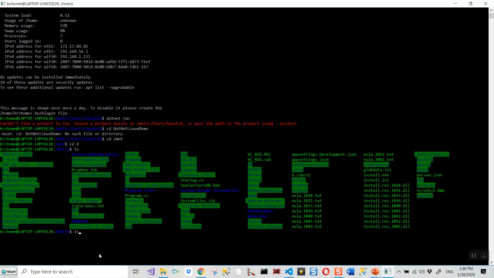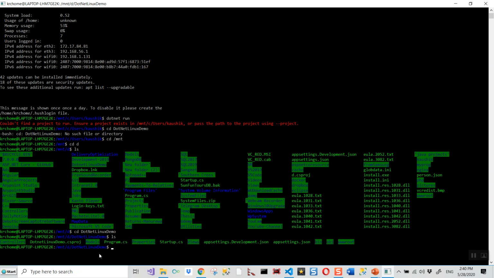The up and down arrow keys will get me there. Right now, if you list the contents of this directory, you can see all these files and folders: controllers, properties, views, and Startup.cs. Just give it a dotnet run command.